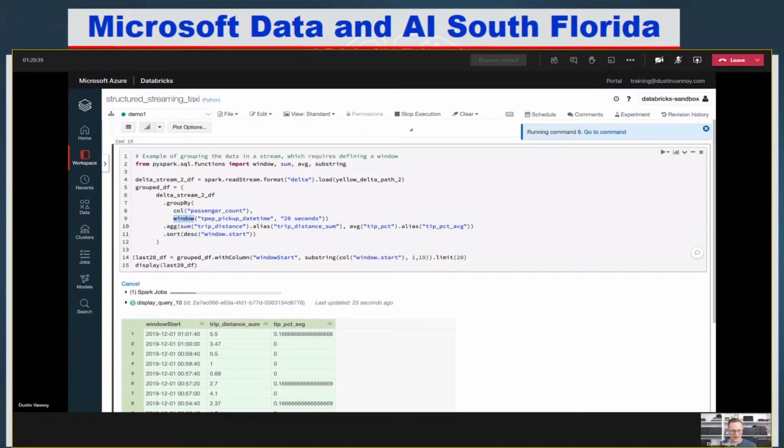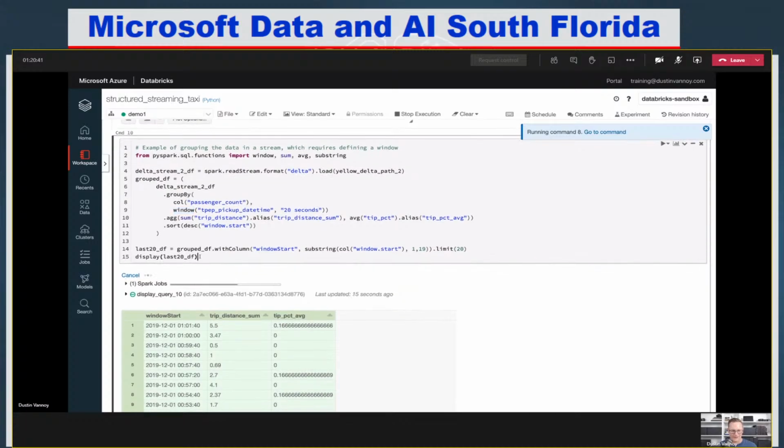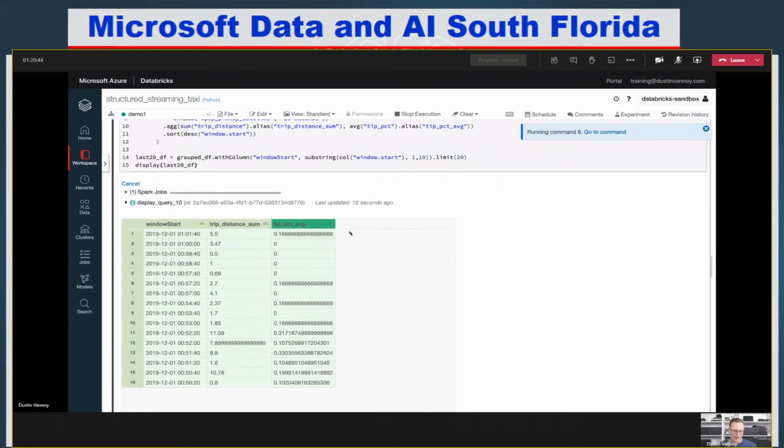And then with this line here on line 14, I do a few processing things just to make it easier to read. And if you watch closely here at this cross tab, you'll see that the number one element in the list will change, and we'll just see that each window comes in, shows up, and the numbers will be for that specific window of time. This is not exactly the output you care about typically, but this is what's going on under the covers when we're doing windowing. I'm trying to make sure it is changing on us. It's hard for me to talk and double check the accuracy of this all at the same time.